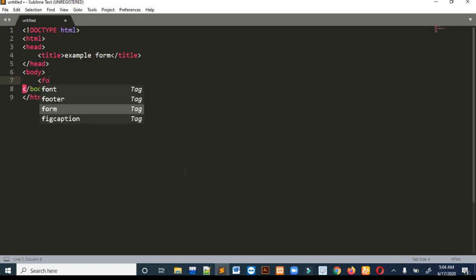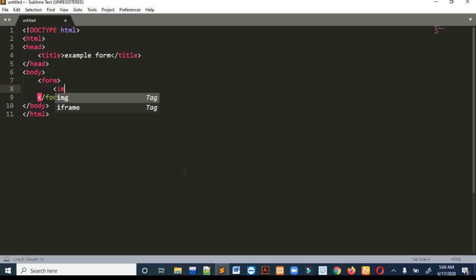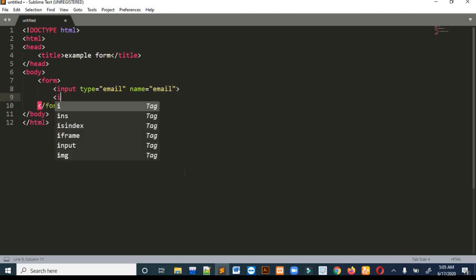If you don't know how to make a form in HTML, you can check my web HTML series. For the form, I will take two inputs, one for email and the second for password.